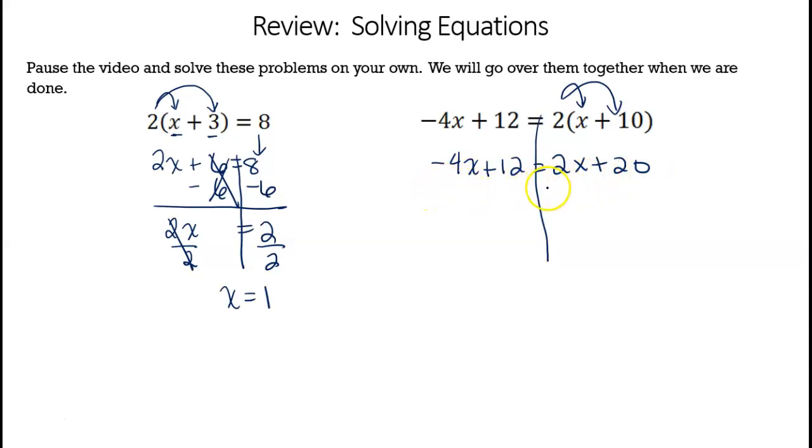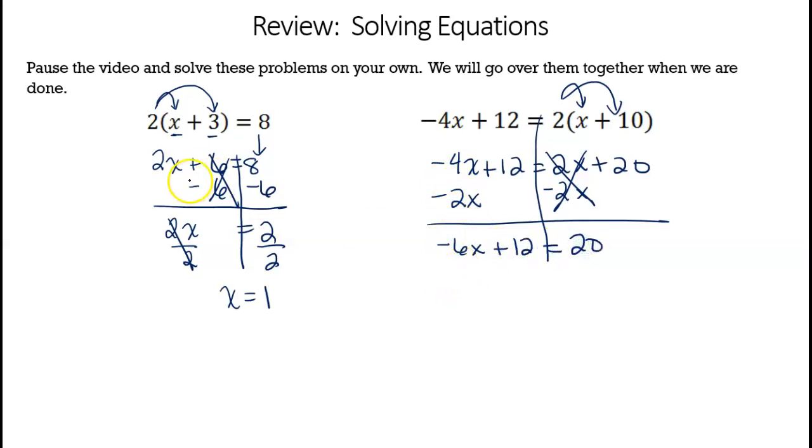I'm going to start by subtracting 2x from each side. What that will do is it will make the 2x's go away. Be careful here, negative 4 minus 2 is not negative 2. Negative 4 minus 2 is negative 6x. We bring down the plus 12, and we bring down the 20. Now it is just like this step. We're going to get the like terms on the same side, bring down the negative 6x, 20 minus 12 is 8,